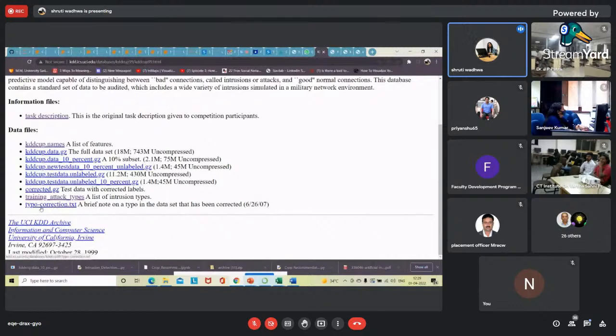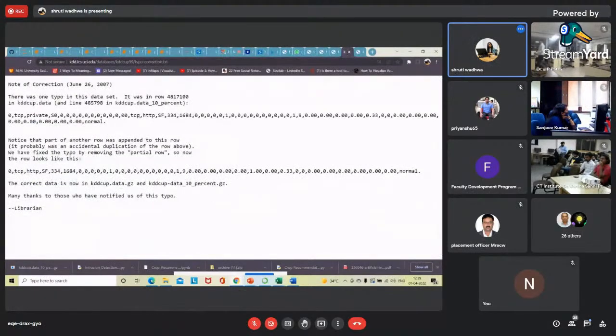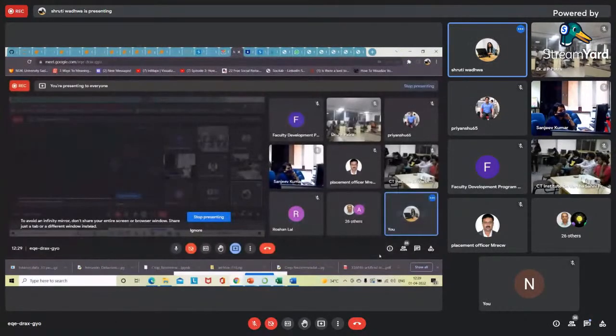Next, typo correction, which has a data set and also mentions the corrections. We'll see. Yes. So now you can see this is a huge data set, and it's an old data set also, because it's not easy to get real-time data on these kinds of problems. And they have worked on intrusion detection, as you have worked in network security and many other things, right? But it's not easy to work in machine learning, and there is nothing in machine learning we can't